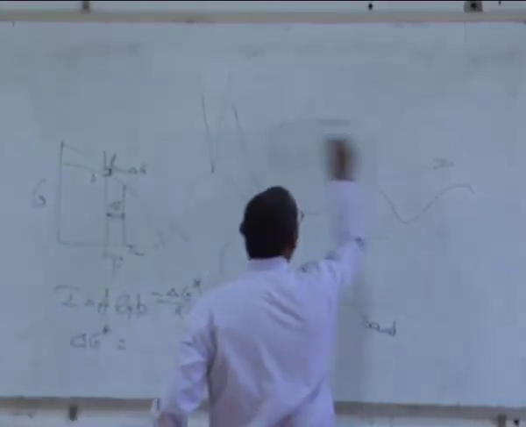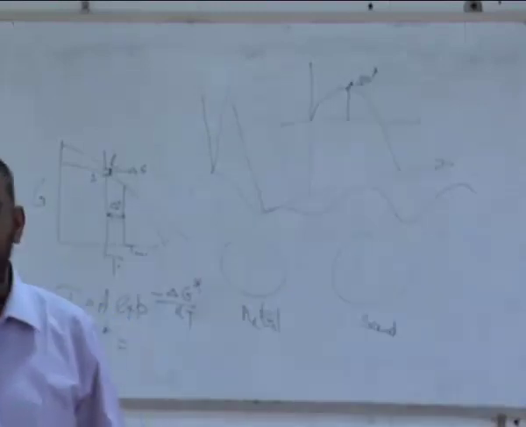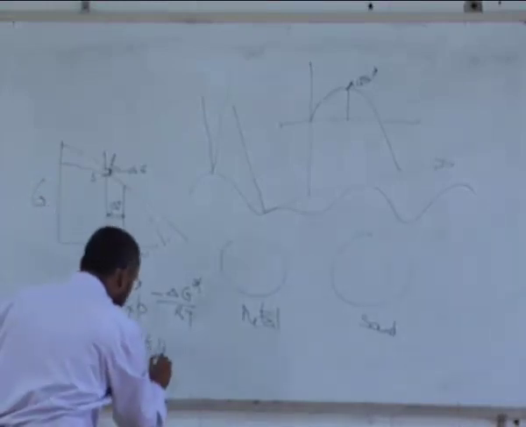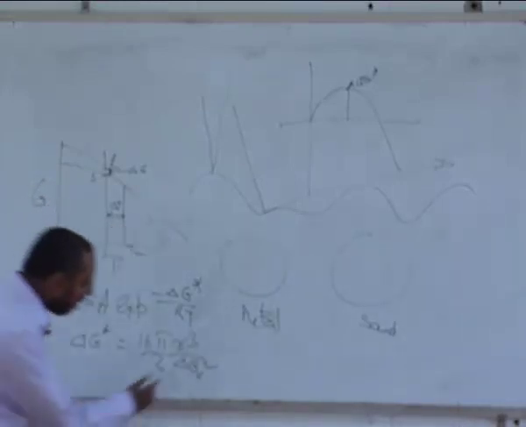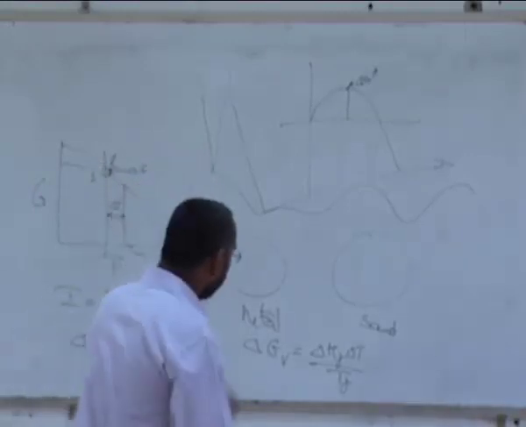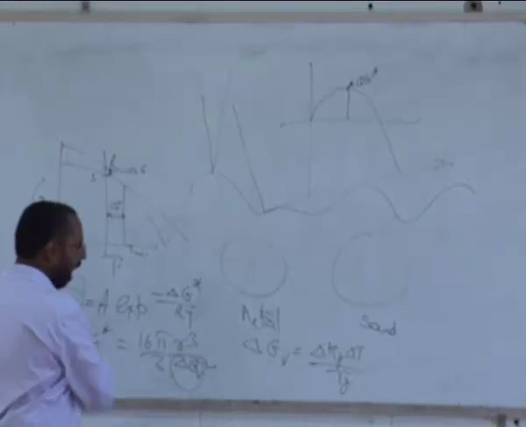If you remember this is what is delta G star. Yes. What is that value? 16 pi by 3 gamma cube, and this delta GV is given in terms of delta HF, the heat of fusion, and TF, the melting point. You can call it as TM or TF. It's the same. Melting, fusion, all the same. Okay. So you can see now that this particular equation has this in it.